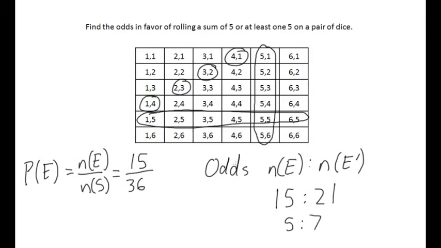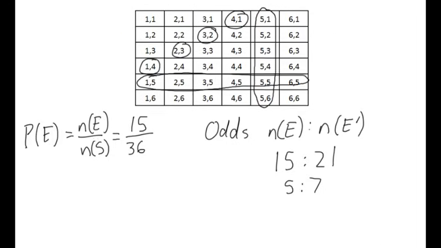So odds, again, is just written as a ratio of the number of elements in event E to the number of elements not in event E, as opposed to probability, which is the number of elements in event E divided by the total number in the sample space. All right, let's look at another example